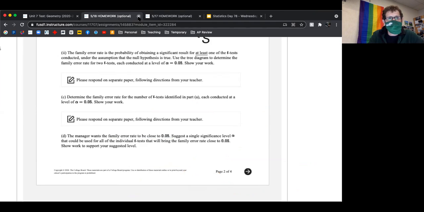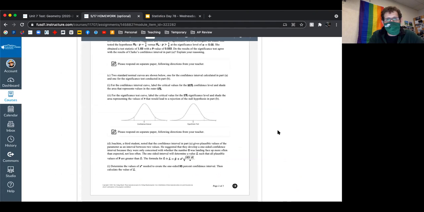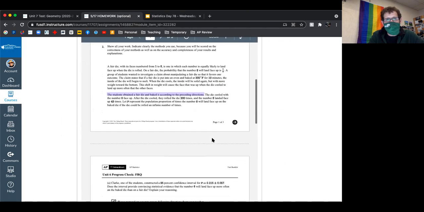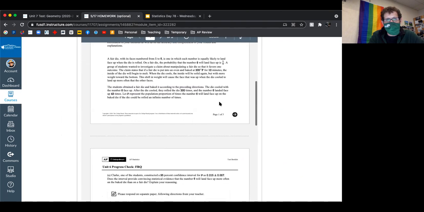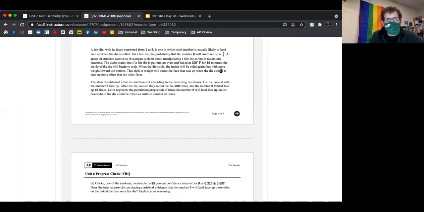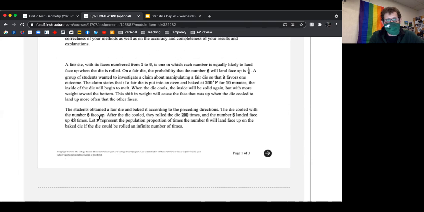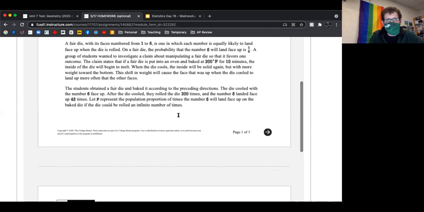The last thing I wanted to look at was this fun problem right here, and this is one that is definitely like an investigative task. We need to set up and understand the context for this problem, but notice what's happening, that there's a fair die. It starts off straightforward enough, but there's a claim that says that if you bake a die at 200 degrees Fahrenheit for 10 minutes, it ends up weighting the die, and you're going to have a certain side land up more often than the other. So they did that. They rolled it 200 times afterward, and